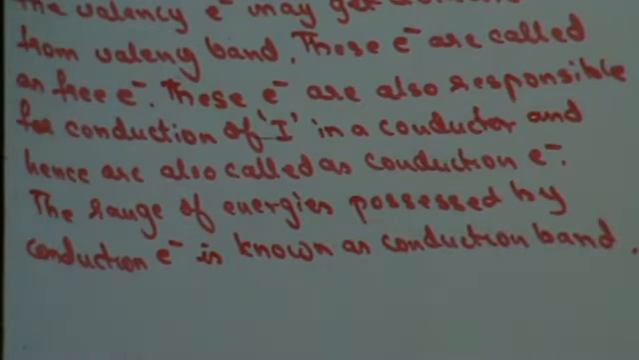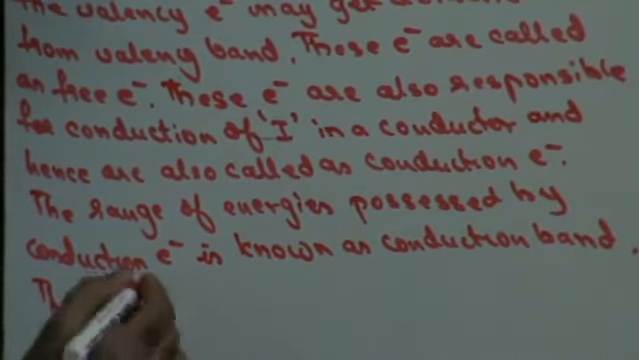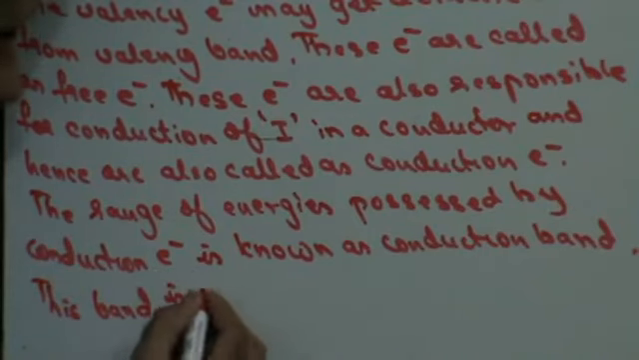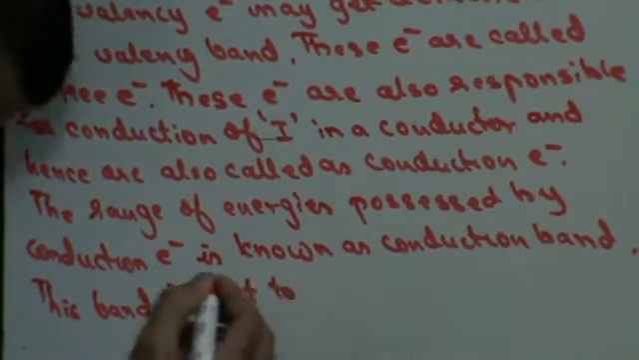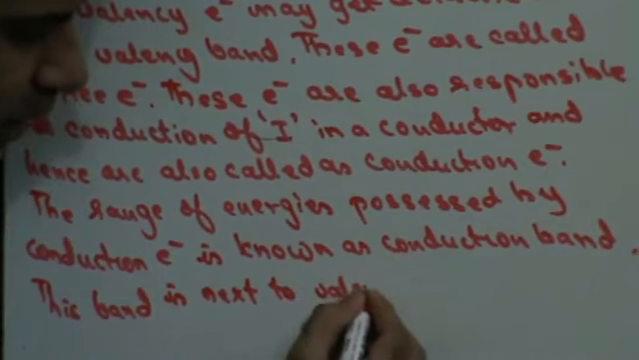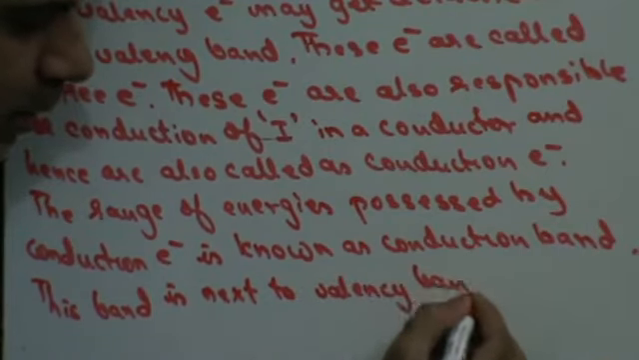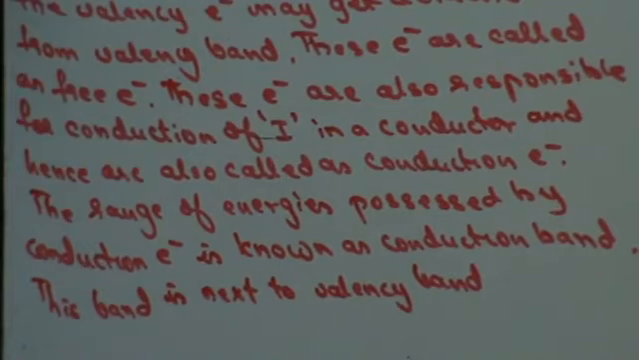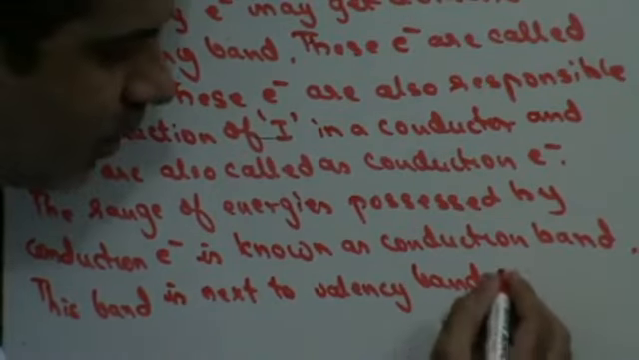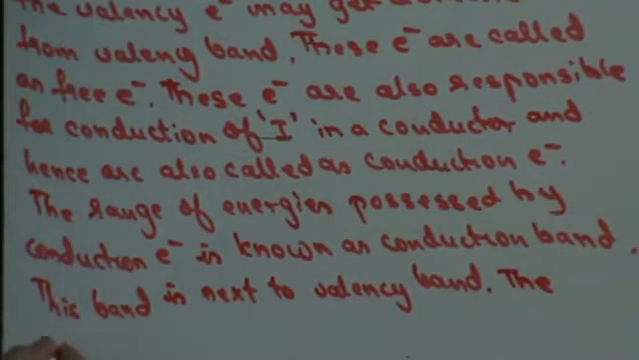Fine. This band is always next to the valency band, right? So the conduction band may also be defined as the lowest unfilled energy band. This band is next to the valency band. So I can say that the conduction band may also be defined as